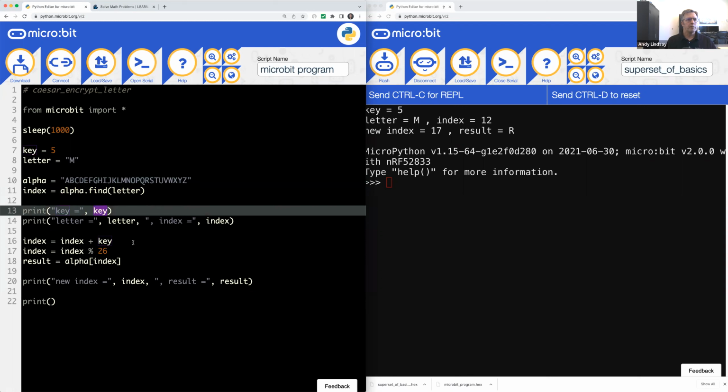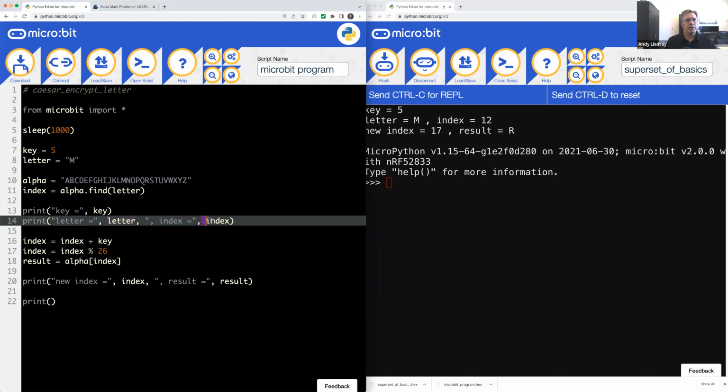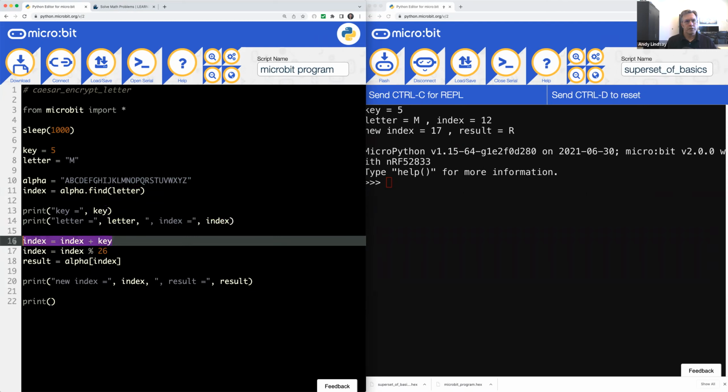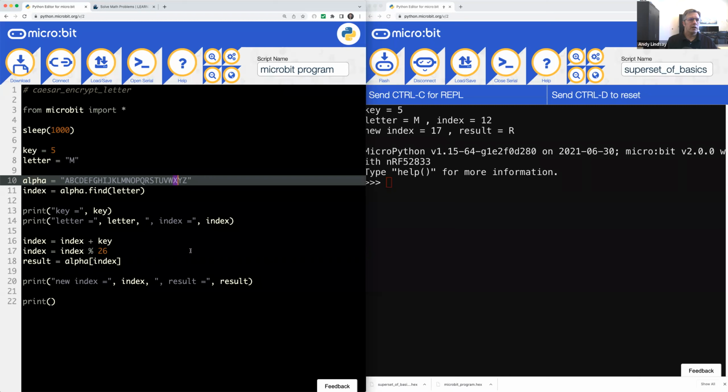Then we display the key and the letter at the index. And then we say, okay, well, index equals index plus key. And then this modulus operator right here, what this does is it says, okay, we're going to divide by 26 and give you the remainder. So if I started here and then added 5 to it, I'd start with an index of, let's see here, 0. So this would probably be 25, 24, 23. So if I started with Y,